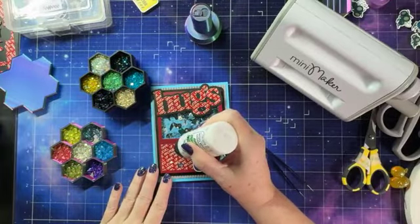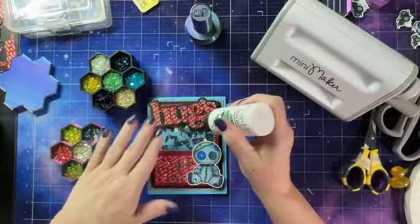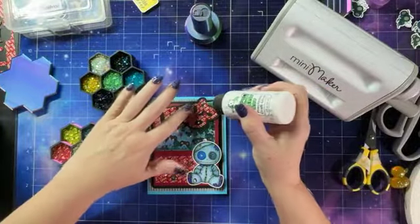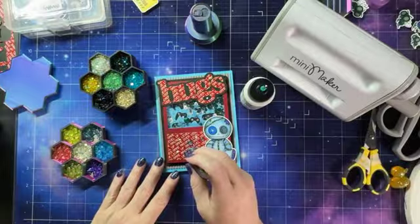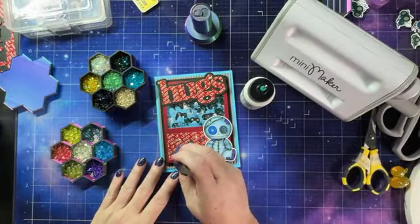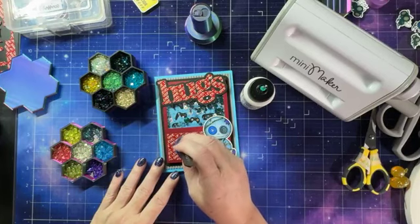I mean, it was a pretty quick card. The longest part is making the shaker. So now I'm going to show you how we're going to make shakers easier and faster. So there's the next one. The next step is going to be